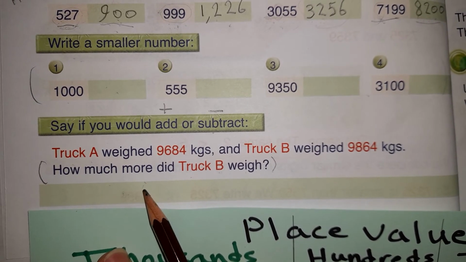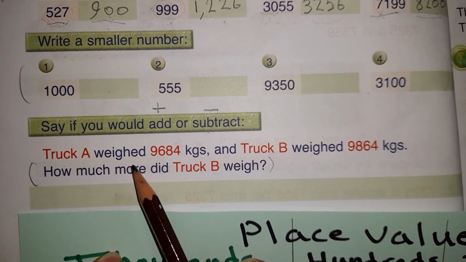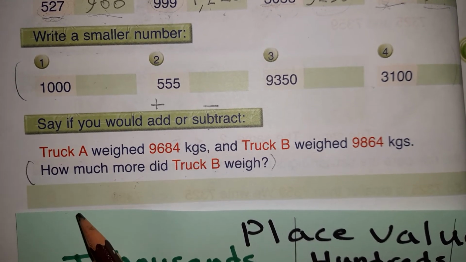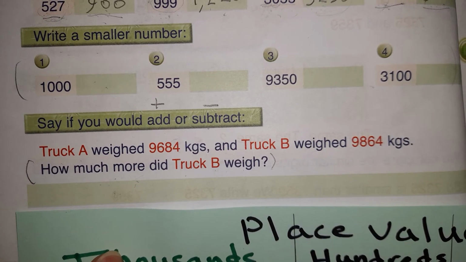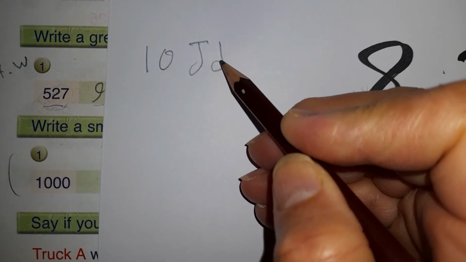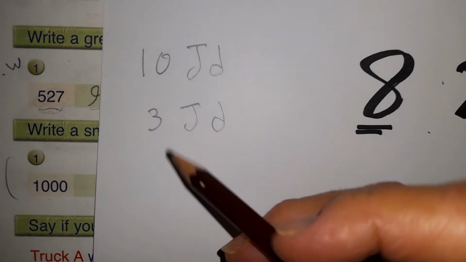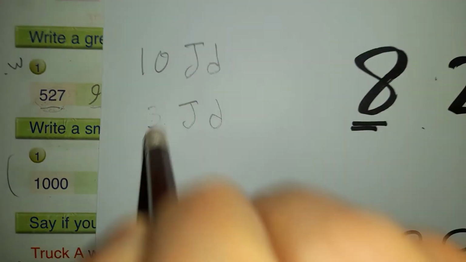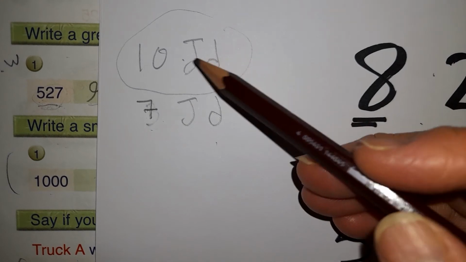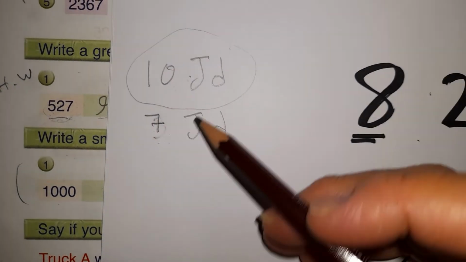If I have a question like that, for example, if I say that you have 10 JD and your brother has 7 JD, okay? Who has more? Of course, you have more because you have 10. You have 10 JD, and your brother has 7 JD. Who has more, you or your brother? Of course you have more. But how many more do you have than him? يعني انت قديش معاكي أكتر من أخوكي؟